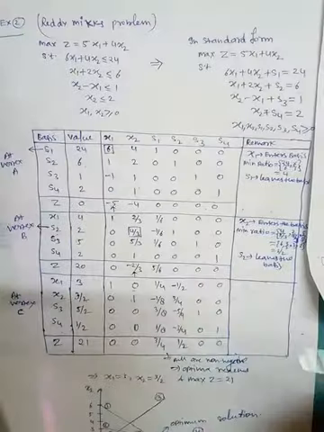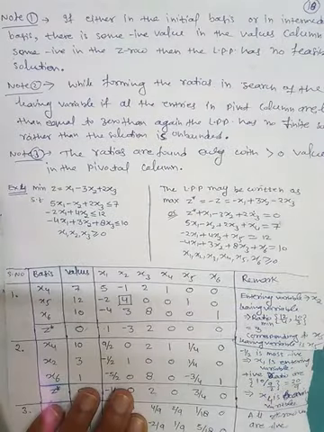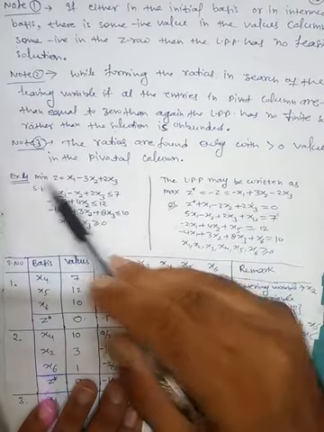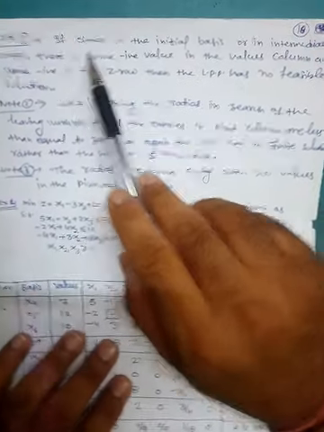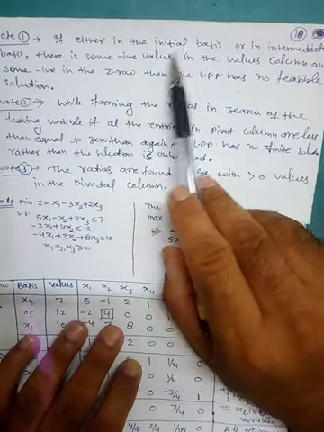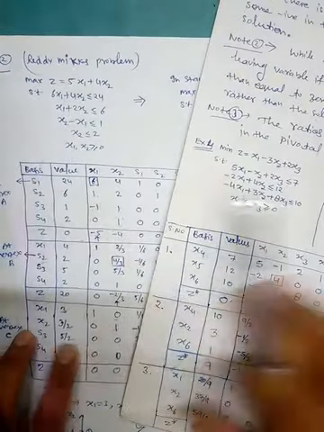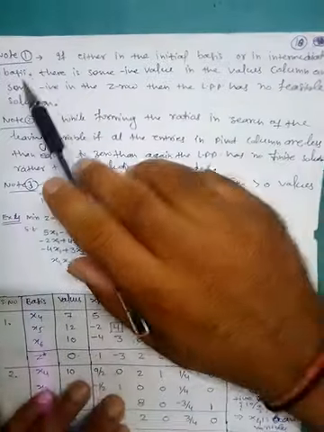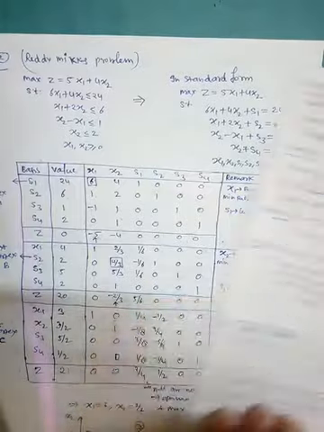Okay, so this is the ready mix problem solution with the help of the simplex method. Now we have some note points. Then we will take another problem of minimization. So let's see. Note number 1. If either in the initial basis, meaning this first one, or in an intermediate basis, intermediate meaning second, third and so on,